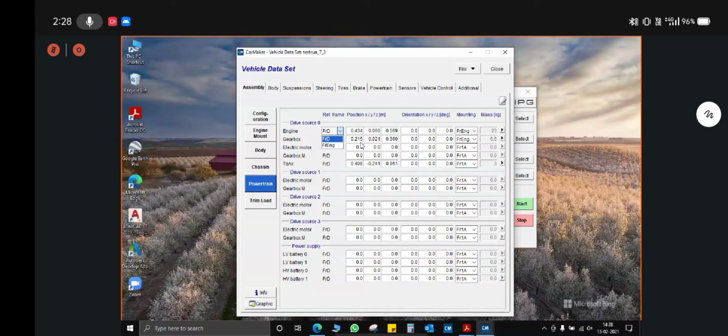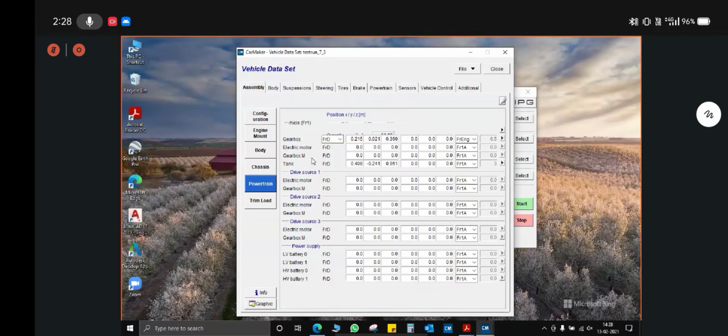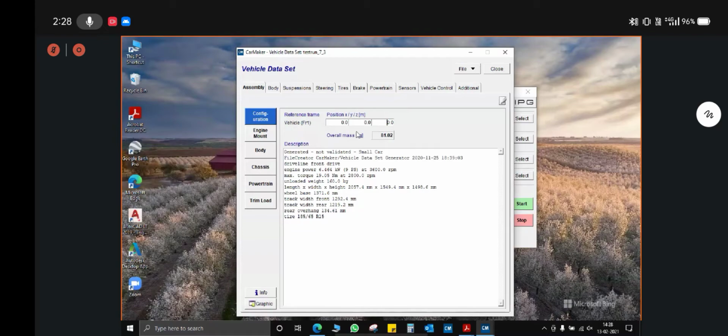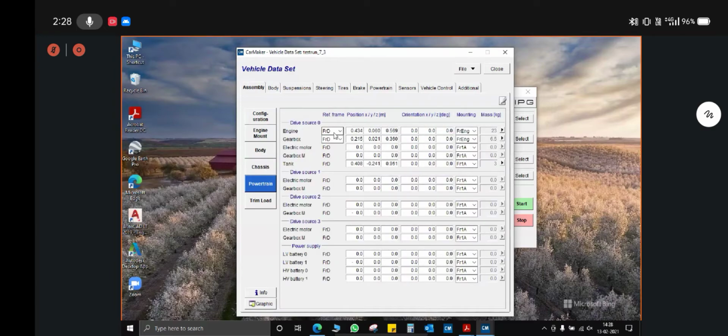So you are keeping the reference frame as FRD. FRD is the design reference frame. As you are not changing anything here, you are keeping the FR1 as 0 0, FRD implies FR1 only. So FRD is equal to FR1, and you can take 0 0 as the origin for all the values that you put in the chassis, the position of the wheels, or in defining the engine, gearbox or tank positions.